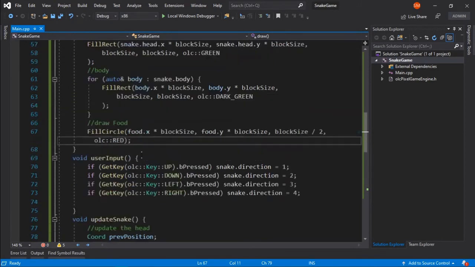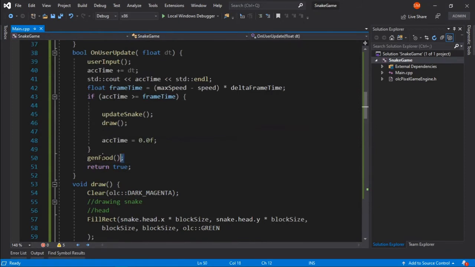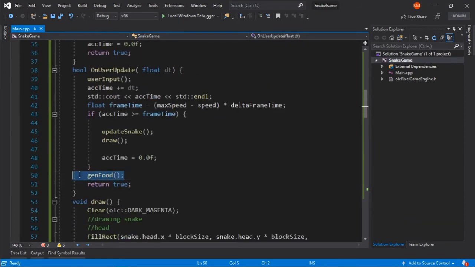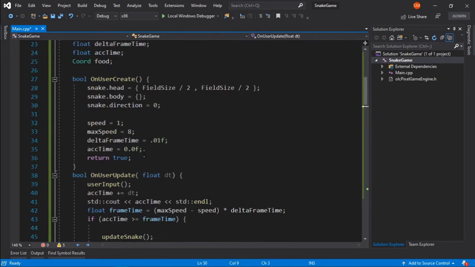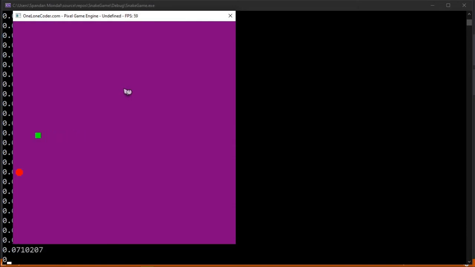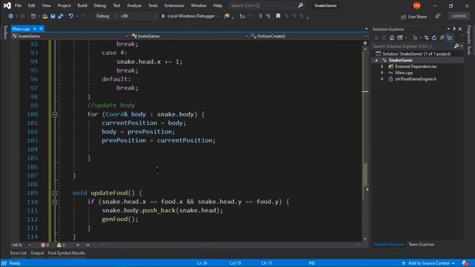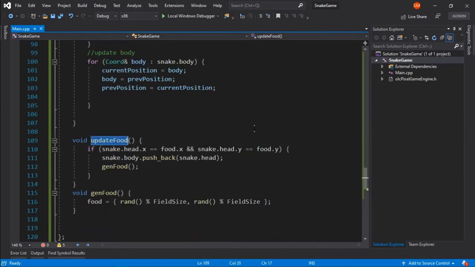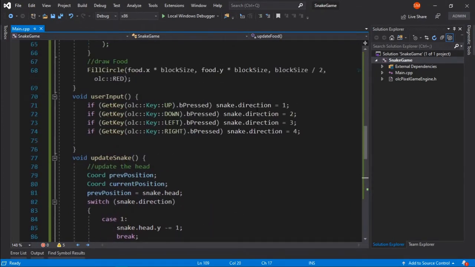It's being updated again and again. To see that, we have called gen food here, but actually gen food should have been called on user create. But as you can see, you can clearly go through the screen right now, and there is a little bit of an issue of offset, but we can easily fix it. So now, coming to fixing that problem, first of all we need to call update food at, let's say,